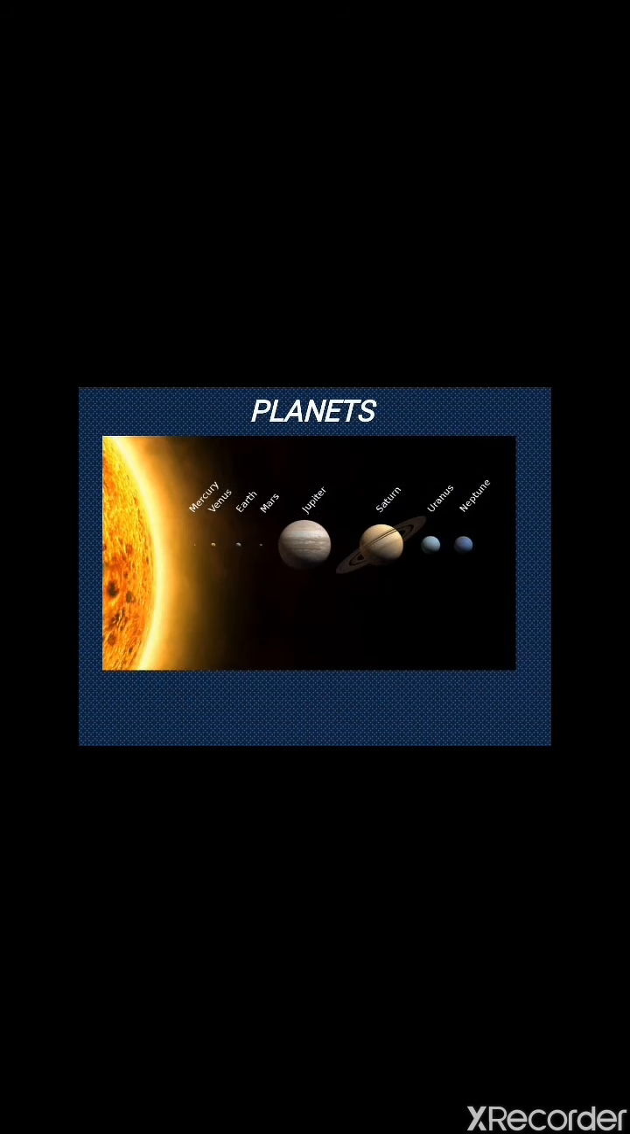We next talk about planets. Now students, as we know, there are 8 planets in the solar system. In the order of their distance from the Sun, they are Mercury, Venus, Earth, Mars, and the outer planets, Jupiter, Saturn, Uranus, Neptune. Now it is important for you to learn their names in the order of their distance from the Sun. So a very easy way to do that is